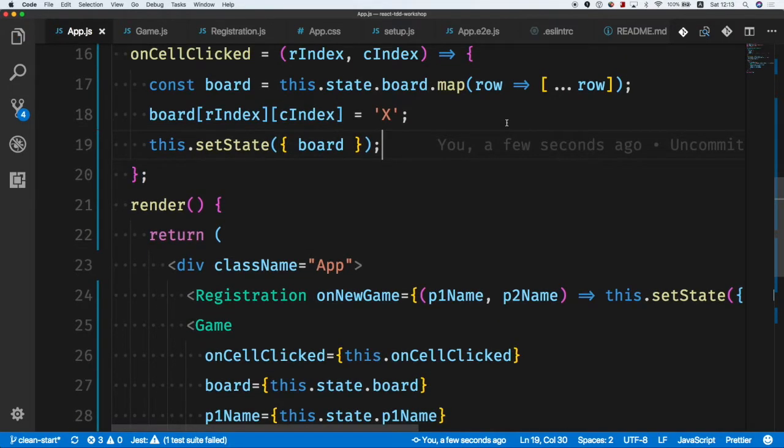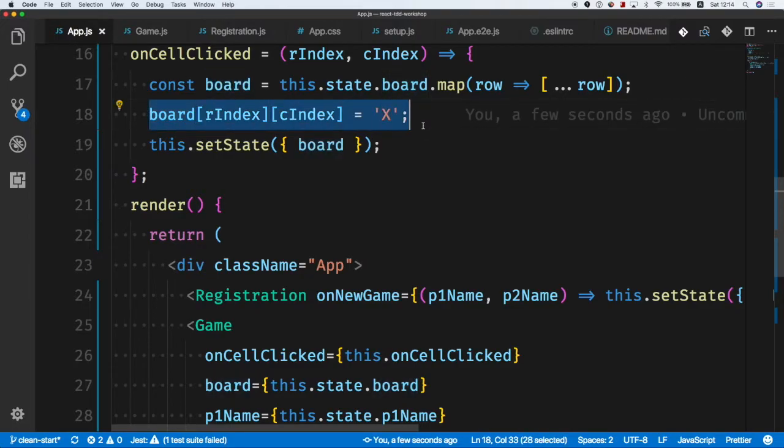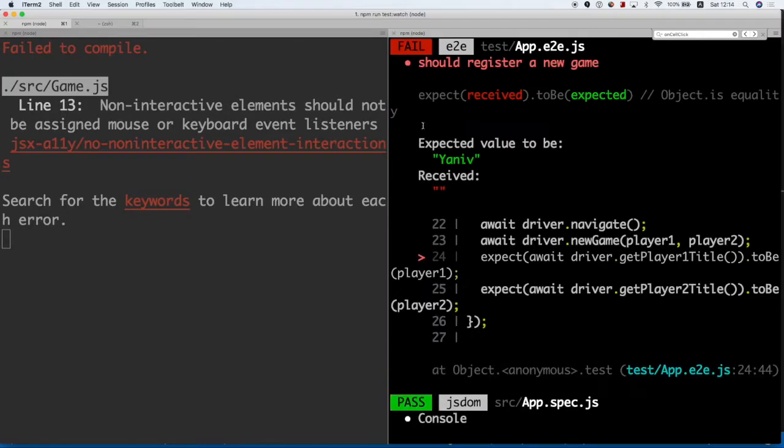Okay, so I could actually mutate this. I can do some kind of mutation, but I don't like it. It will break my history, like if I want to do some time traveling or whatever. So here I'm actually doing this dot set state, but I'm doing it on a new instance of board. I'm not mutating it here directly. It's just an implementation. And now I should be green,